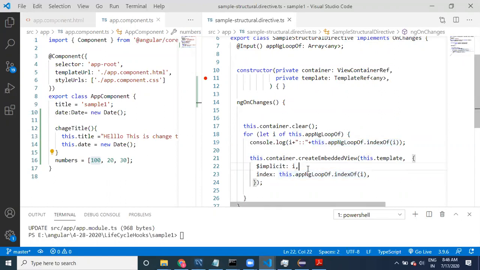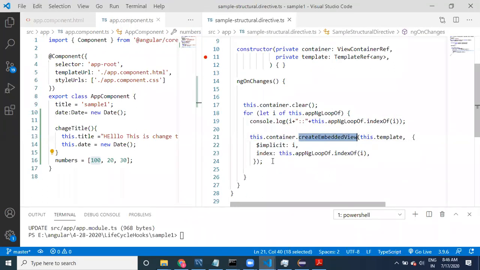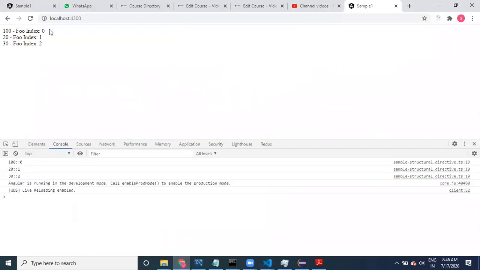So now using this container, means this div, because we are using the div tag, creating an embedded view means it is going to create one div. So how many divs is it going to create? How many times it enters into the loop, that many divs are going to be created. See here, this is one div, this is one div, this is one div.